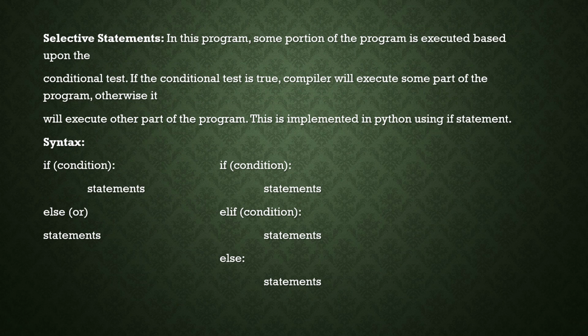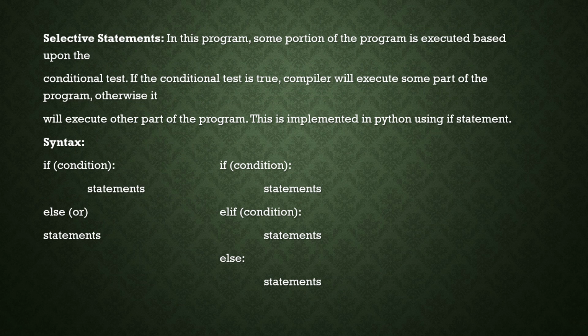See, in this program construct, some portion of program is executed based upon the condition or conditional test. If the condition test is true, compiler or interpreter will execute some part of the program. Otherwise, it will execute other part of the program. This is implemented in Python using if